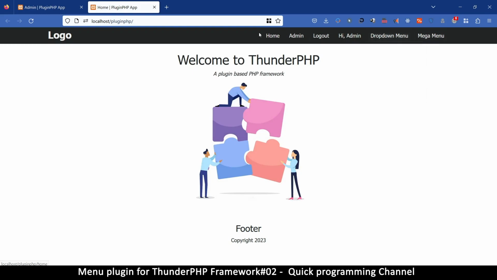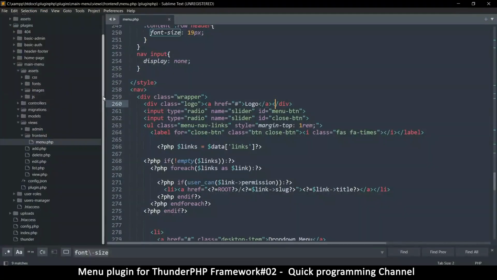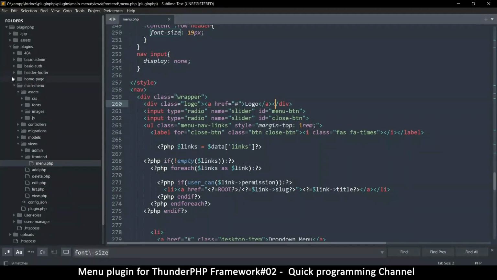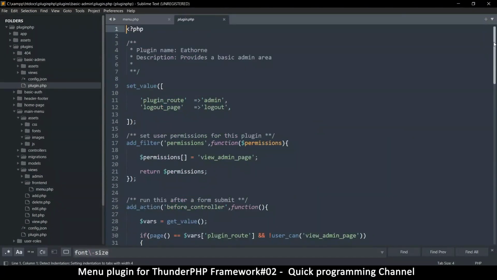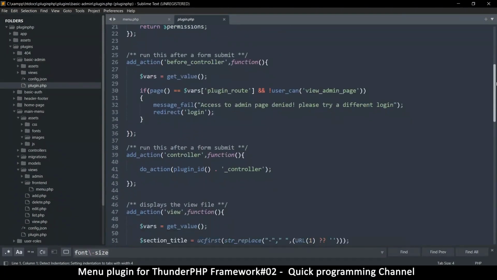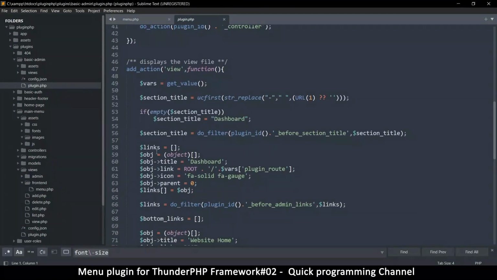So in this case, what I'm looking at is we have this format right here. The current columns we have are working here. They're not really columns, but if I go to, let's say, basic admin, for example, if I go to that plugin here, there's a part where I add a menu item. This is the part here, is it? Yes. So if you look at this, this is basically what we need to add in the database to follow